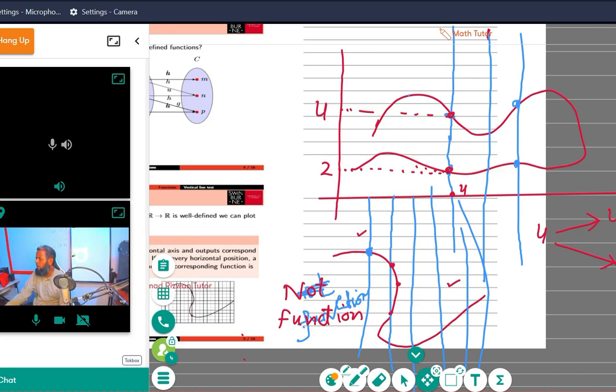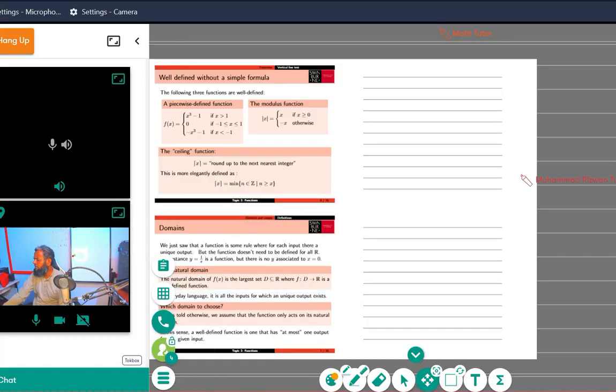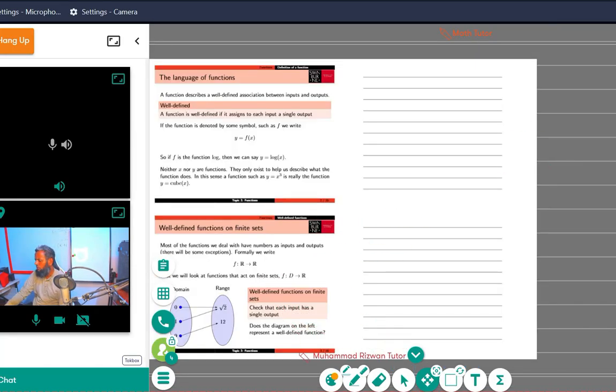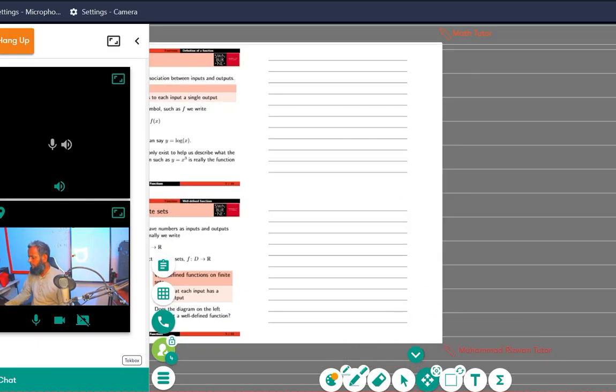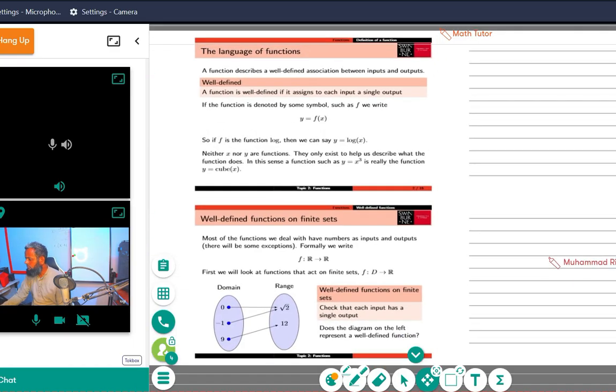For example, if I draw a horizontal line, I think it is clear. Then we can move to the next topic. Okay, good, we can move forward. Next topic is